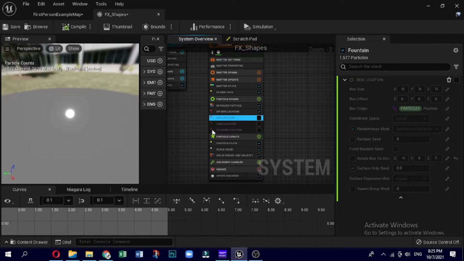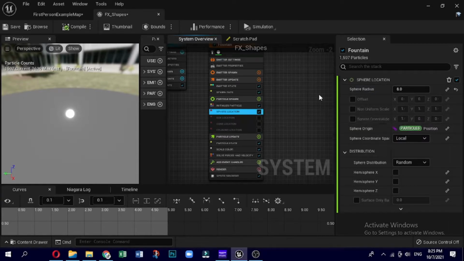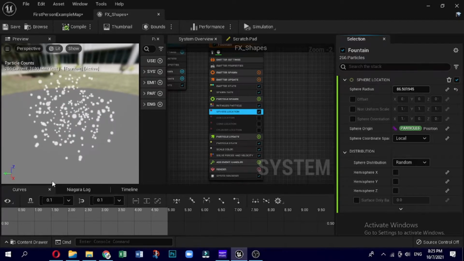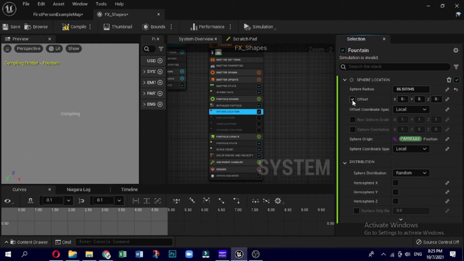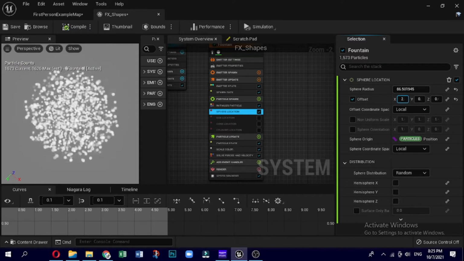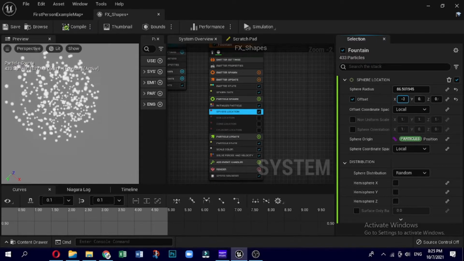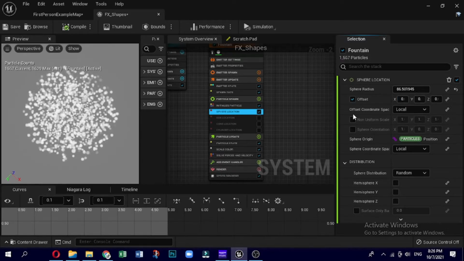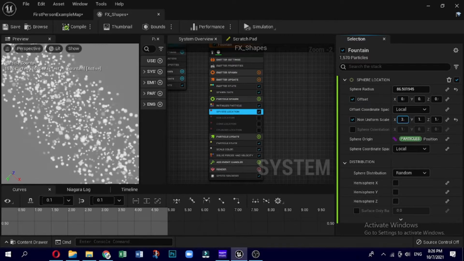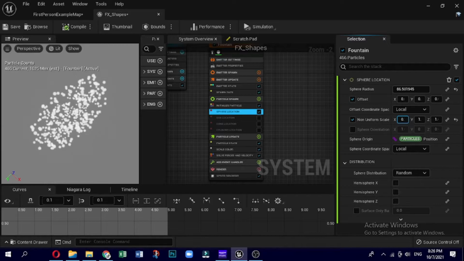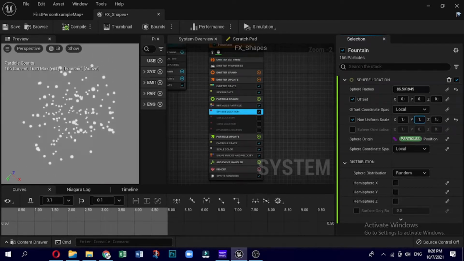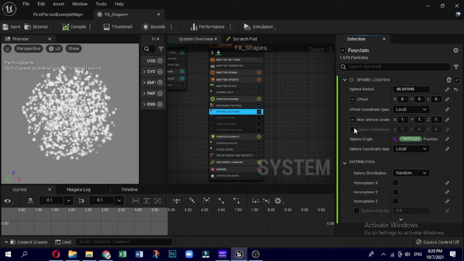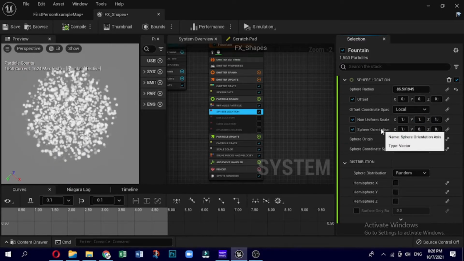Now, we are going to look at the sphere location, so we can change the radius. And right away you'll see that the particles adhere to a sphere for the most part. This is kind of similar to the box, right? We can offset it, we can scale it. Below there is non-uniform scale, you can play around with it, and that gives absolutely different noticeable shape. And the sphere orientation, with sphere shape this won't be noticeable, however skewing will give some noticeable effect.